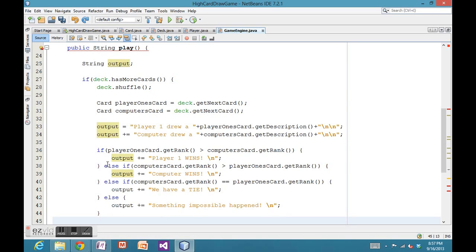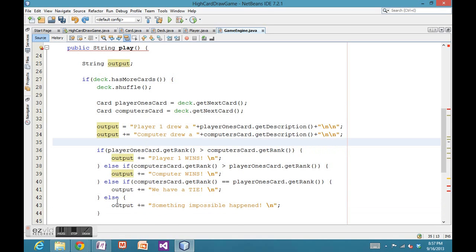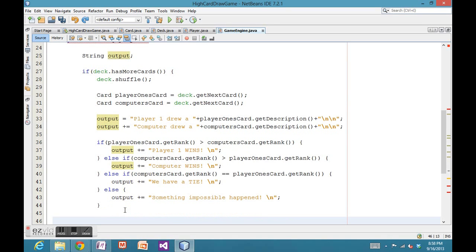Right, so what we've effectively done is grab the cards, drew two cards. The first card will be assigned to player 1, the second card will be assigned to the computer, and we reported on the description of the card, if it's an ace of diamonds, the king of spades, and whatever. Alright, and we say who drew it, and then we enter this block of code here that interprets the winner and determines, okay, well, if player 1 is a winner, if computer is a winner, or if you have a tie, or if something impossible happens, which possibly would never happen in this case, but we just throw that in since it completes the if-else